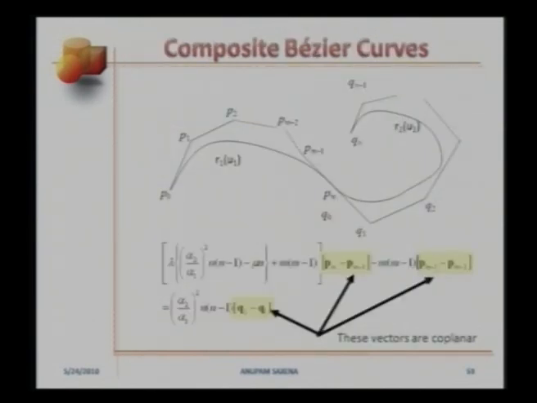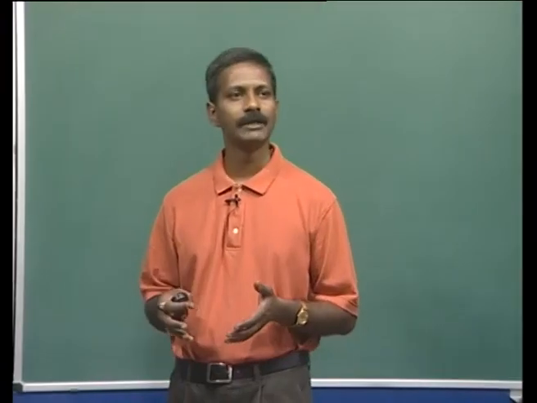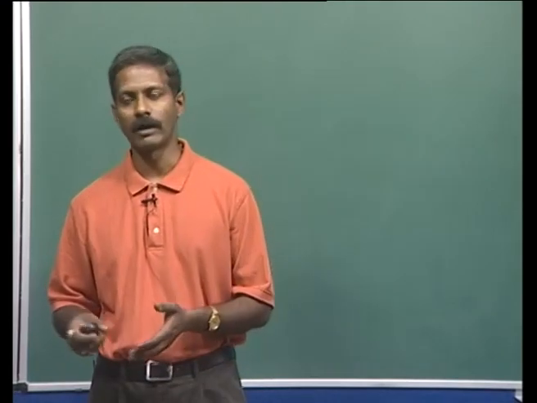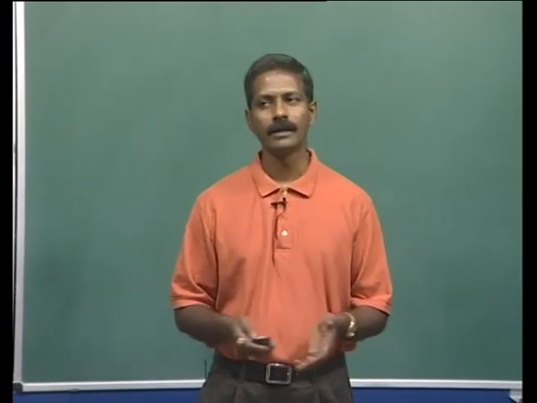Let's take a look at one Bezier segment. If I move any data point, the shape of the entire Bezier segment would change. Not of the composite Bezier curve, but of the Bezier segment. We did not want this to happen. We wanted to give or impart local shape control properties to a curve model, and that's why we went on